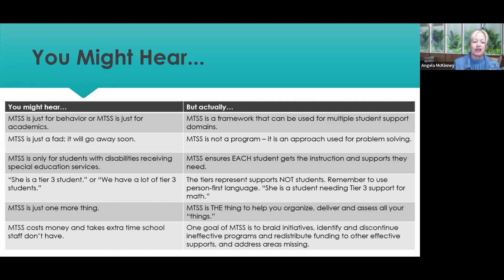However, we know that RTI kind of went wrong, right? It ended up being mostly a reading thing. And for a lot of districts, it ended up being a set of hoops or steps that we went through to get a kid tested for special education. And that's not what it was intended to be at all. So I think as we go through some of this, I will try to point out a couple of key things that are qualitatively different about the MTSS framework than what the thinking was in RTI, because you'll get those questions in your district from people.